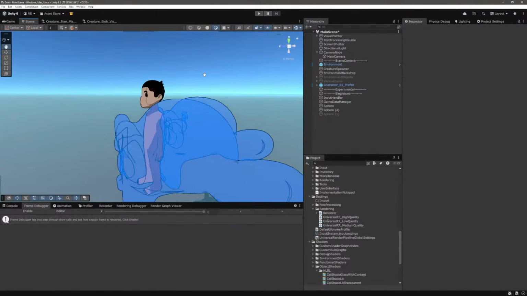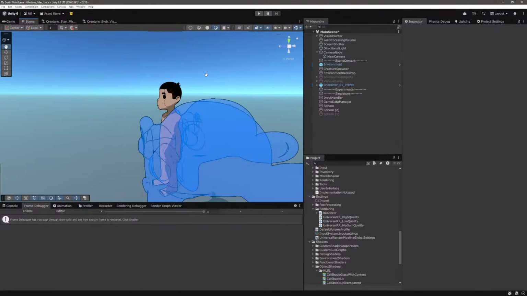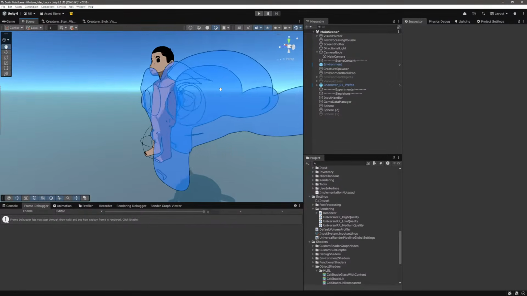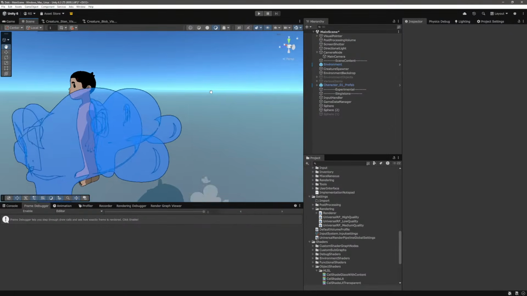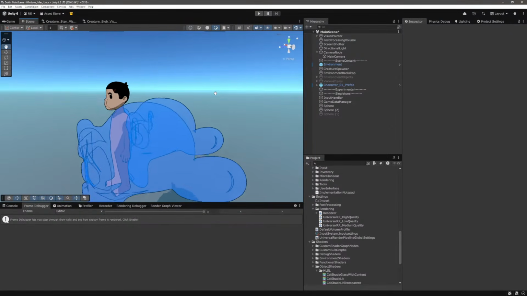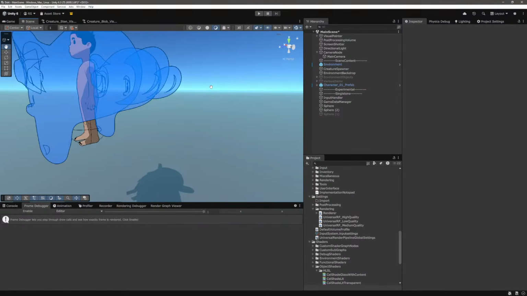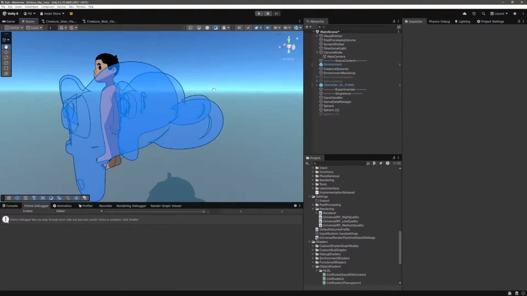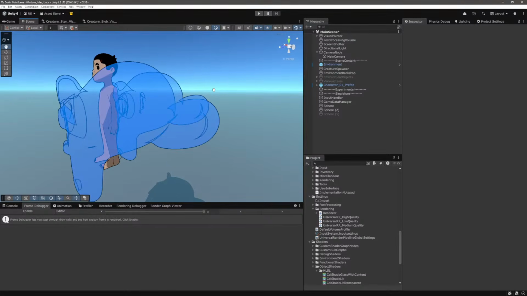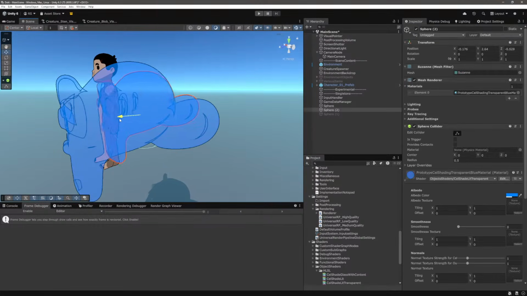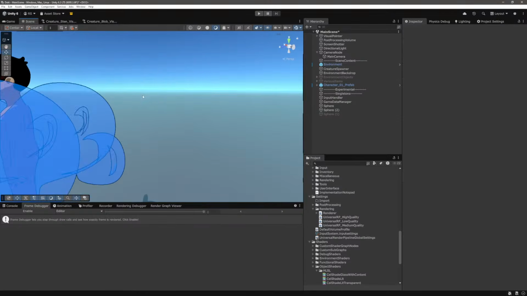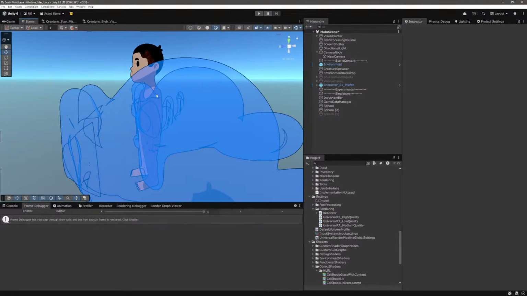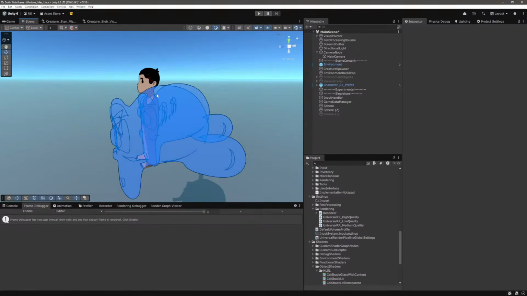Layered outlines on layered outlines on layered outlines. This is pretty cool, actually. I love it. Wow, wow, wow. Okay, but